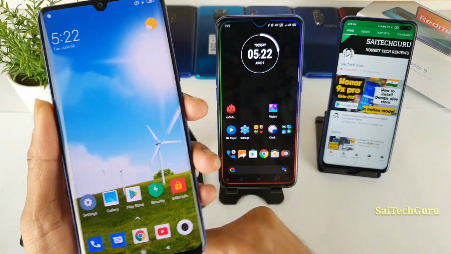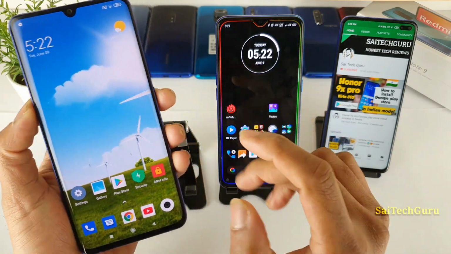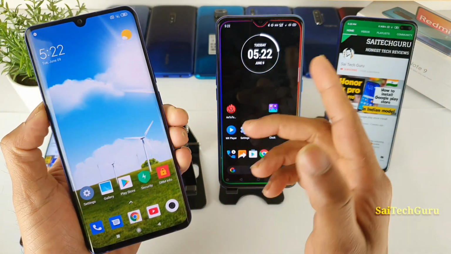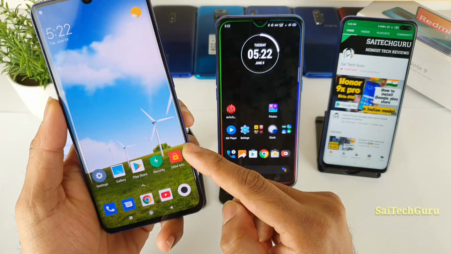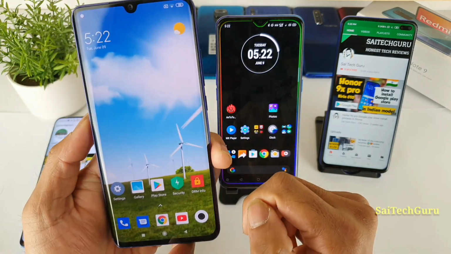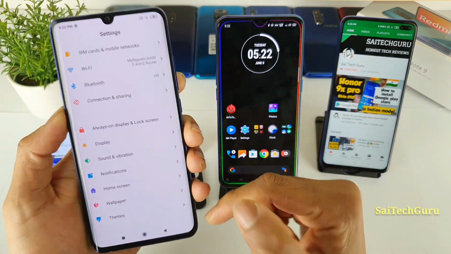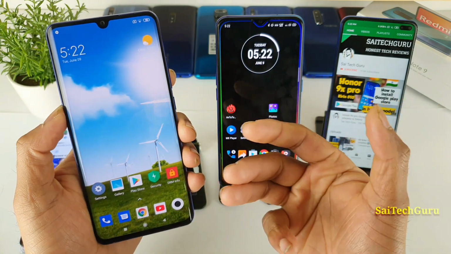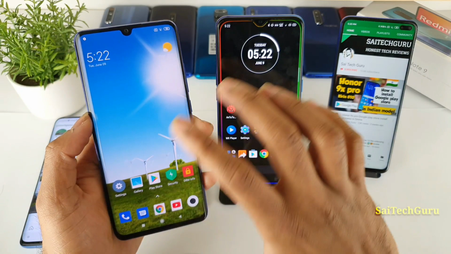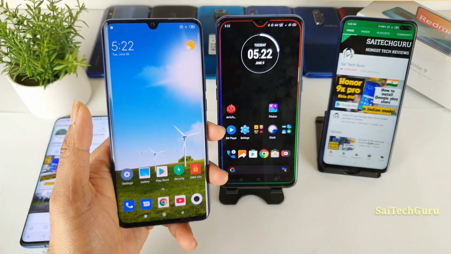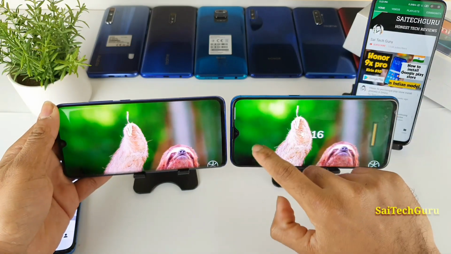The Mi Note 10 Lite has a curved display, as you can see on both sides. These are quite different from the normal Realme X2 phone. I'll be updating the review of the curved display of the Mi Note 10 Lite, whether there are any accidental touch issues while using it, in a separate review. But in this video I'll just compare them side by side, playing the same video, so let's get started. Here you can see clearly both phones are playing the same video